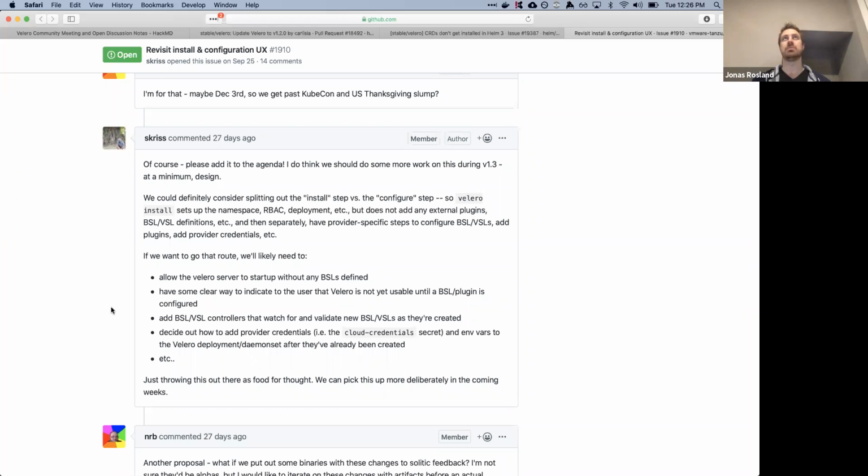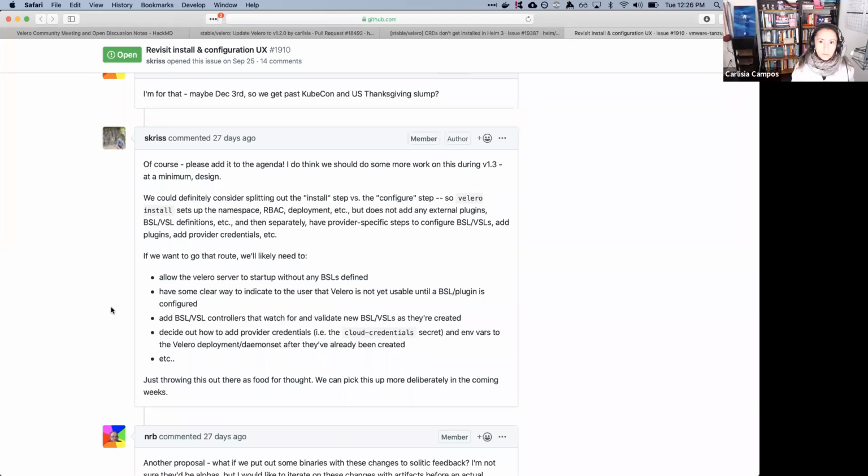That would break some of the automation that people have in place right now, right? If they automate the Velero install process through Ansible or things like that, we would have to make sure that they understand that we're introducing that breaking change.